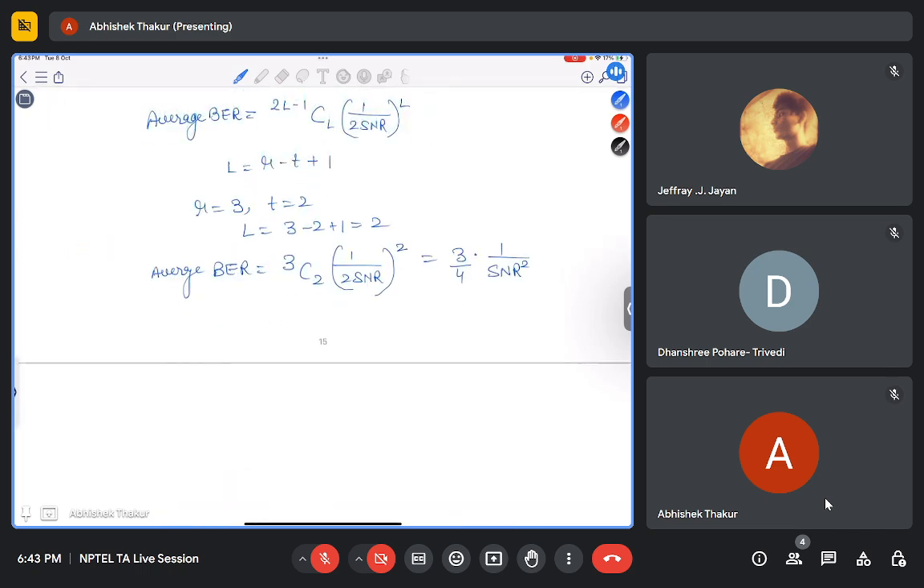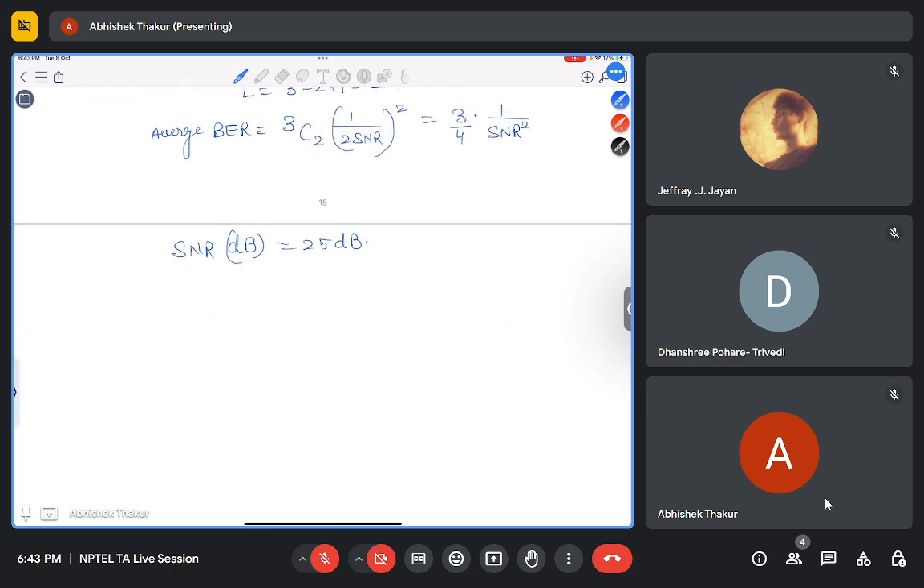Now SNR is given in dB. SNR is equal to 25 dB. So we can find that in normal units, 10 log 10 SNR is equal to 25. So SNR is equal to 10 to the power of 2.5. So SNR will be 316.2278. Our bit error rate is equal to 3 by 4 into 1 by 10 to the power of 2.5